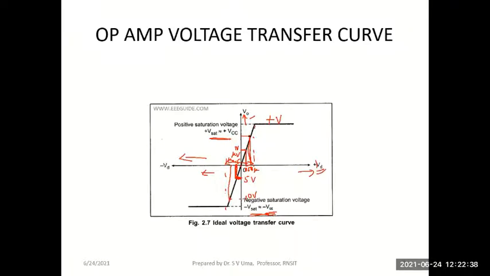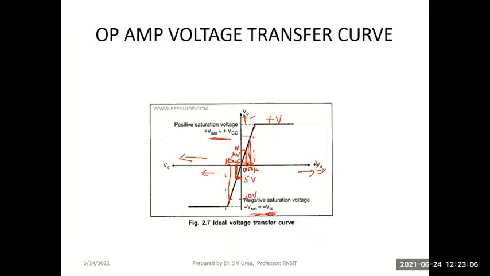So that is because the op-amp has a huge gain. Because the op-amp has a very large gain, a small input voltage results in a large output voltage. That's why you're seeing the output slope to be quite high here near the origin. But the problem with op-amps is that it is useful in many cases and problematic in a few.